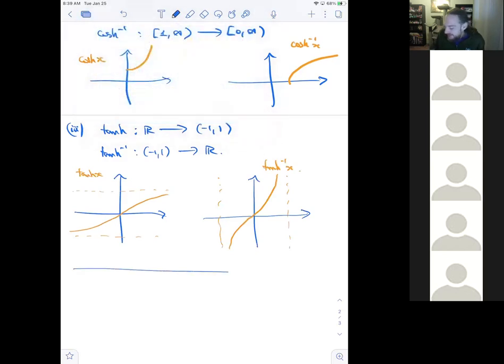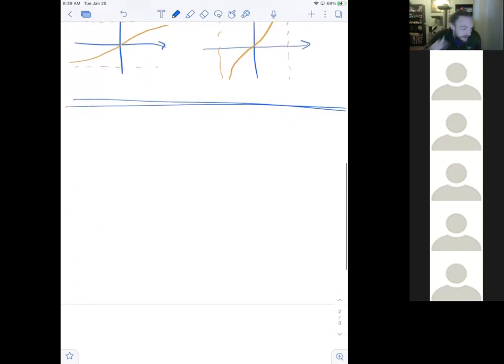You can look in books if you want for the others, for secant hyperbolic inverse and cosecant hyperbolic inverse and cotan hyperbolic inverse, but you find their inverses the same way. You restrict to a domain if not 1 to 1 if necessary, and then you interchange the domains and you get the graph by reflecting about the line y equals x. When we do this,